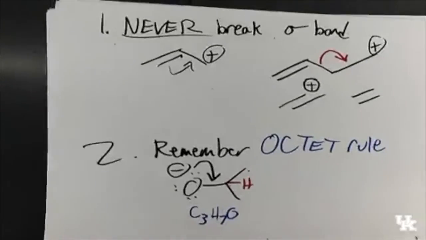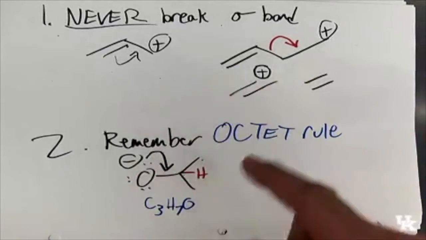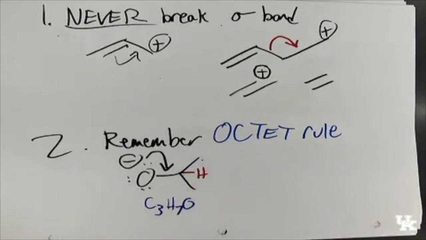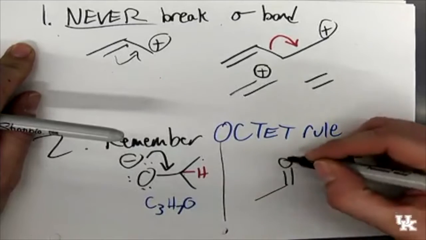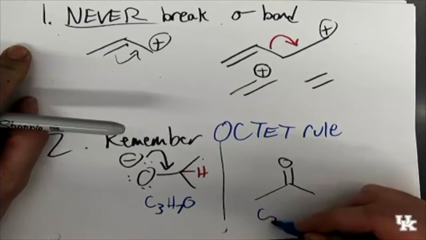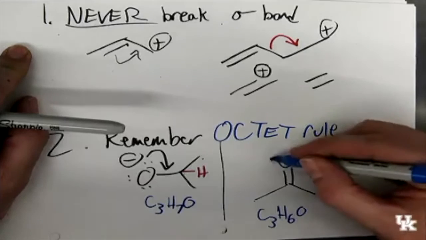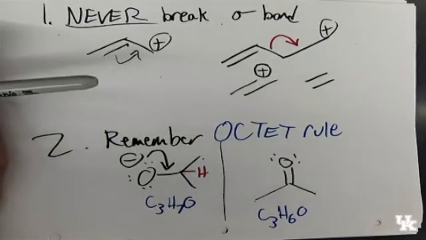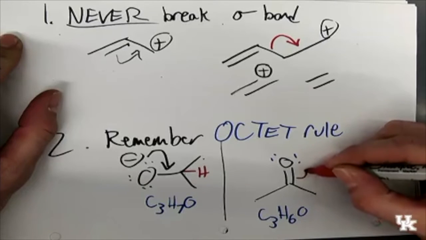We've already talked about one very good example of how you can have less than an octet. But you can do that all the time in resonance structures. For instance, go back to a molecule we talked about earlier, acetone. It's fully neutral. The molecule is C3H6O, and there are 2 lone pairs here. A valid resonance structure for this molecule does exist, and it forms by moving these pi electrons to the oxygen